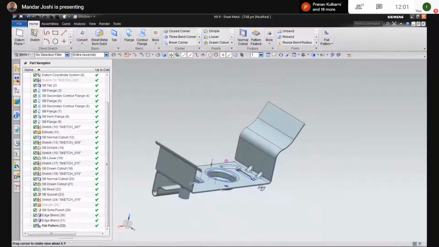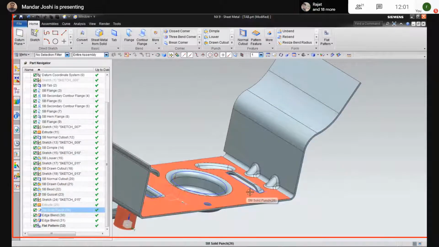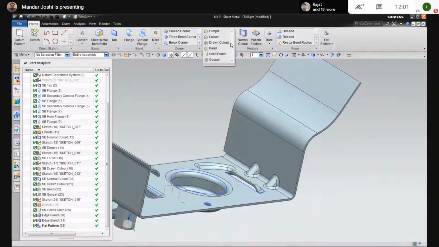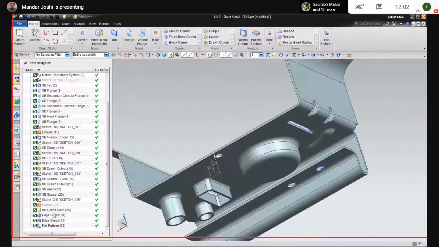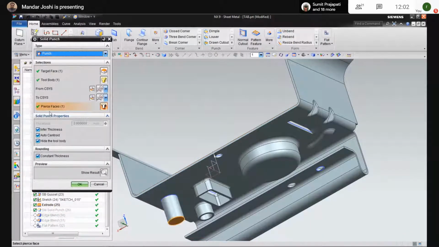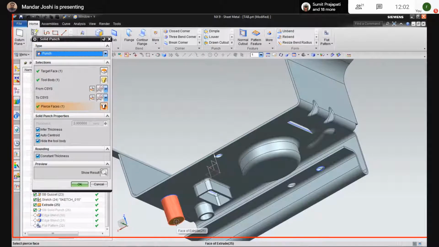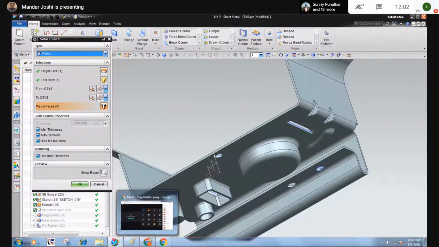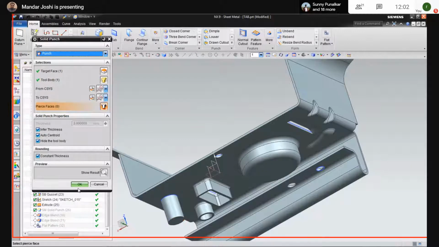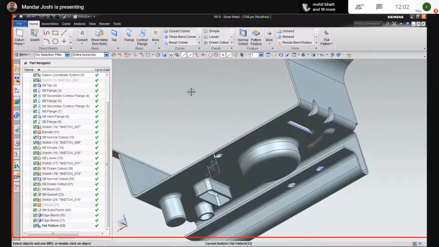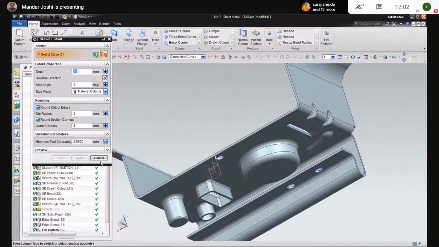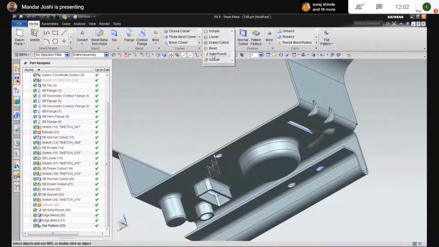So it is similar to these louvers. While creating features using user defined punches, if you want to open the faces like this, then click on the pierce faces. So the face will be opened like this. If you modify this again, edit with rollback, you can cancel this selection also by pressing the shift key and selecting it. Press shift and select it again. It will be deselected. Click OK.